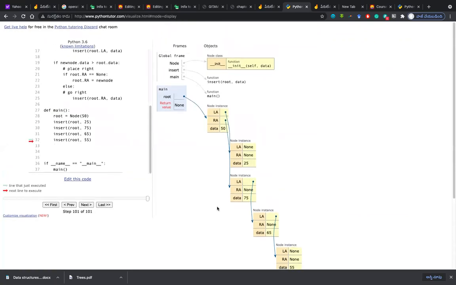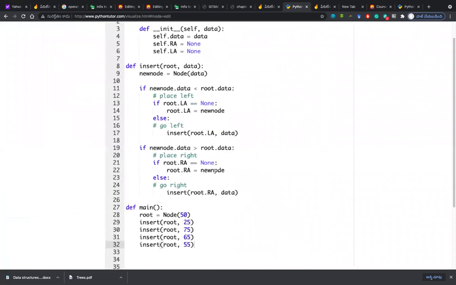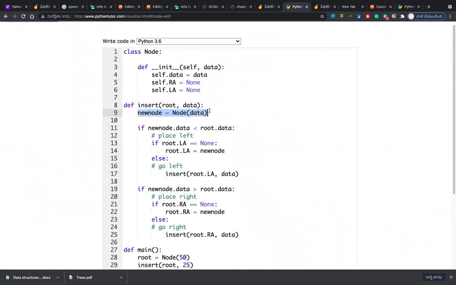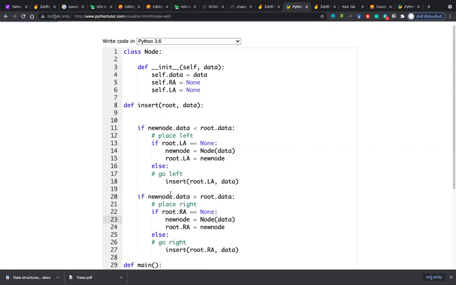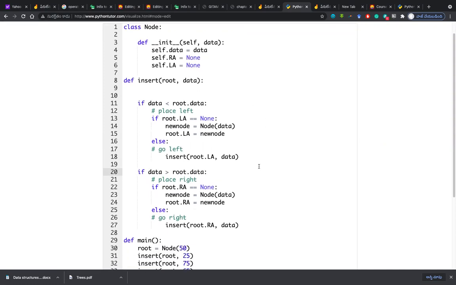Now my question is, how do you stop creating the new node again and again? I want it so that whenever you are trying to place it, only then do you create the new node. What modification do I need to do? Sir, remove line number 9 and keep that in between 13, 14 and 21. Yes, that's correct. So before insertion, you want to do this, right? But if you do that, what will happen to the if statements, sir? That's what we need to go with. So directly we will compare with the data, without the new node data. Did you understand now? Yes, sir. Okay? Got it, sir. Yes, sir.